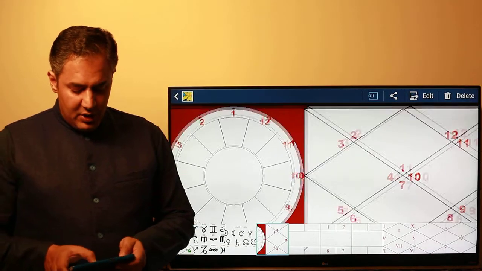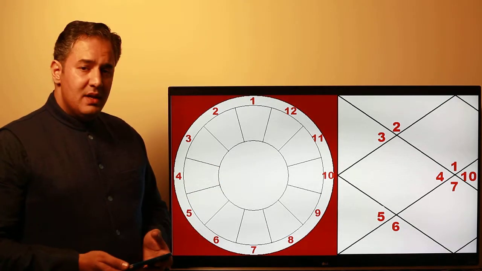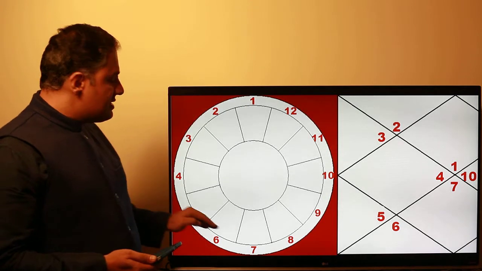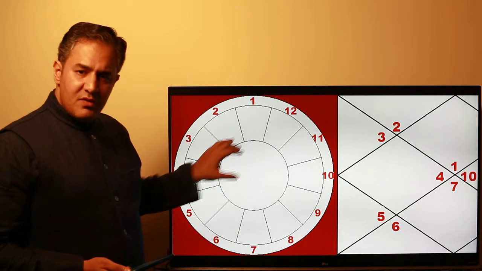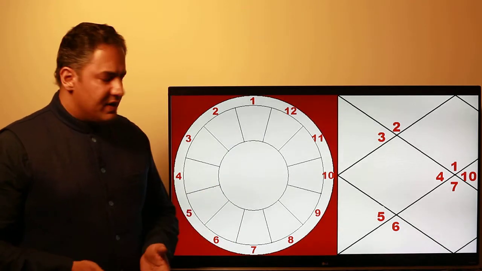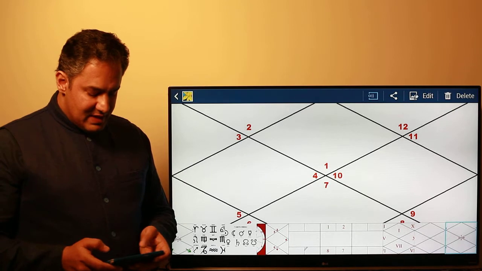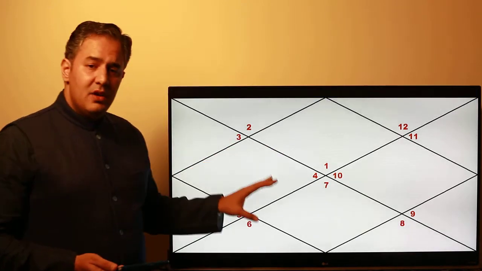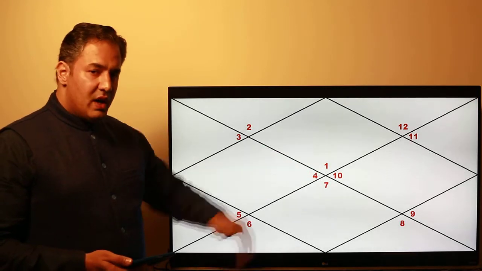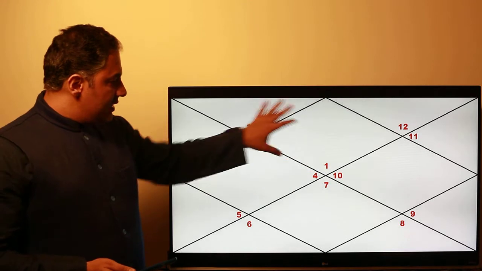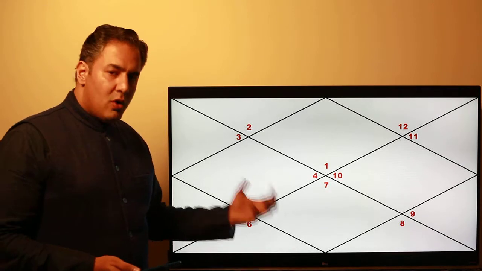I'm sure you are aware of this style of chart. It is a Western chart, a Western circular chart. Sometimes instead of these numbers, there are symbols of the zodiac signs placed here, along with the symbols of the planets, as you are aware. The second kind of chart is this. Now this is a diamond style North Indian chart. As you can see, this is the first house in the chart. These are diamond shaped houses